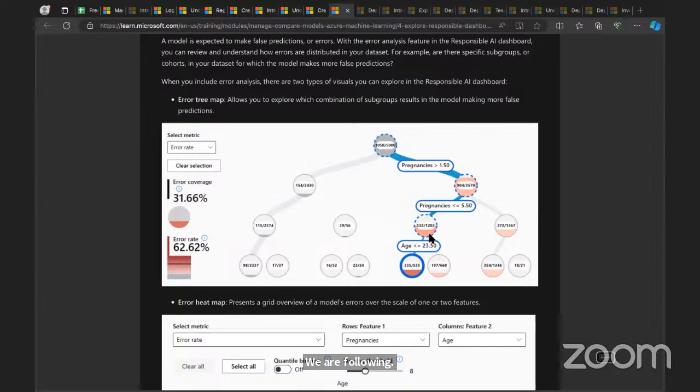And then for pregnancies greater than 1.5 and less than 5.5, we are following down to this. And from here, the other parameter that is now influencing what our error is, is age. Age that is less than or equal to 23. And that means the ones that we're more interested in are the ones that were above 23.5. The error tree map shows you exactly